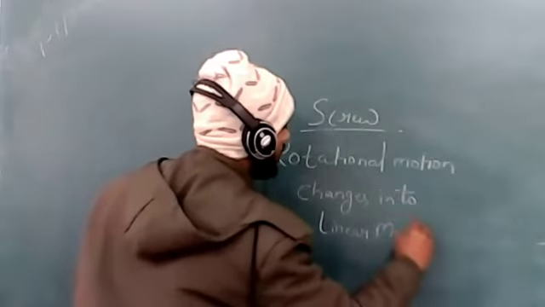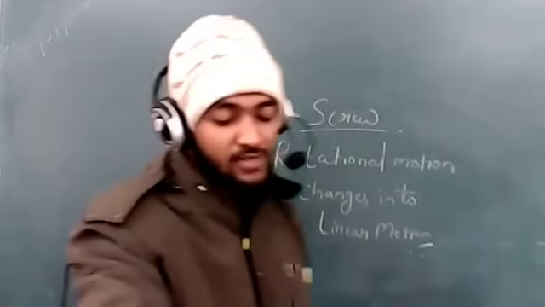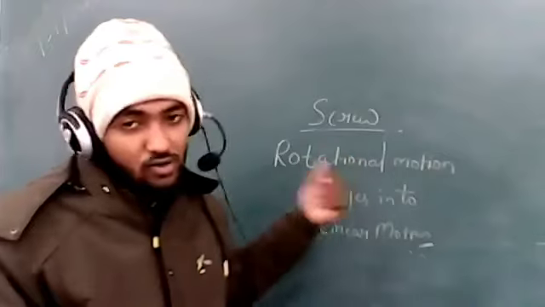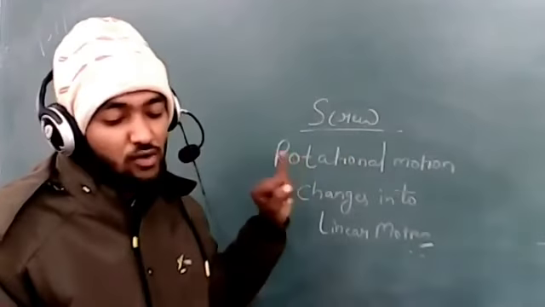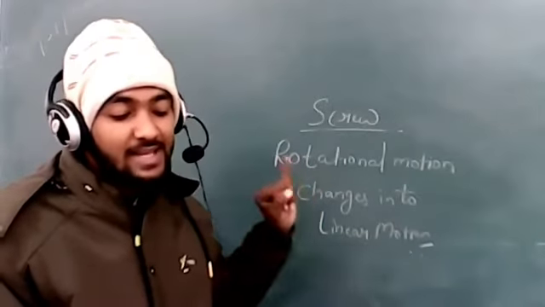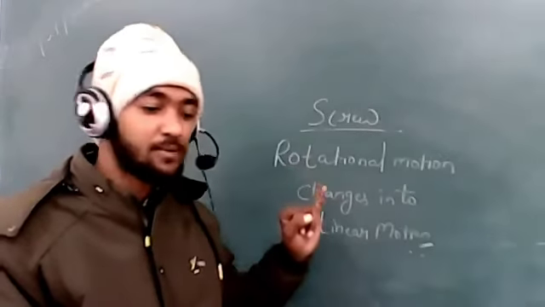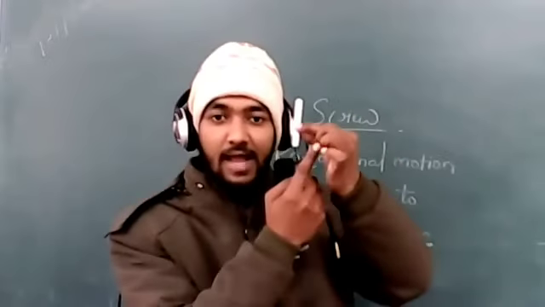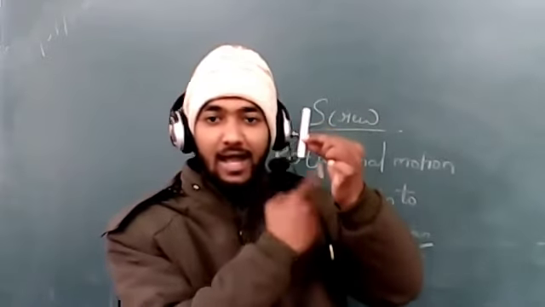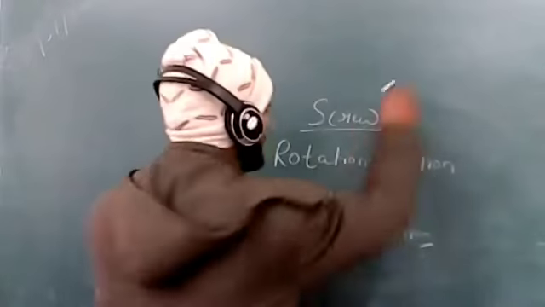Okay, so this is all about the simple machine screw. First, it looks like a nail. And what is it? It is actually an inclined plane that wraps around a cylinder to form a spiral shape. Suppose this is a cylindrical shape. If we wrap an inclined plane paper, I have told you, right angle triangle shape paper,